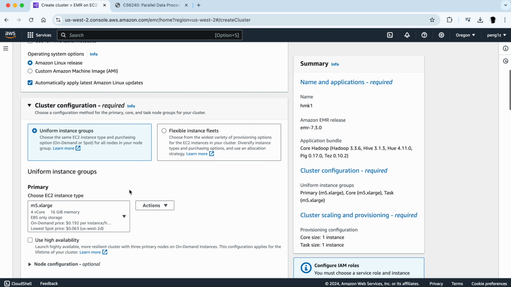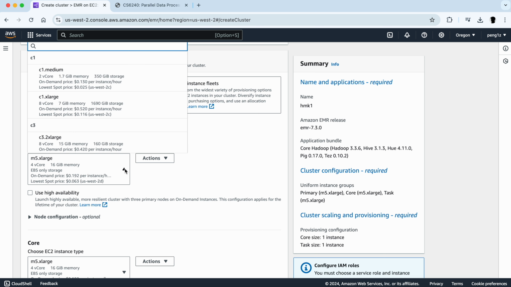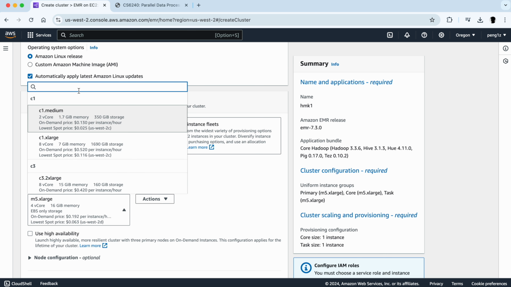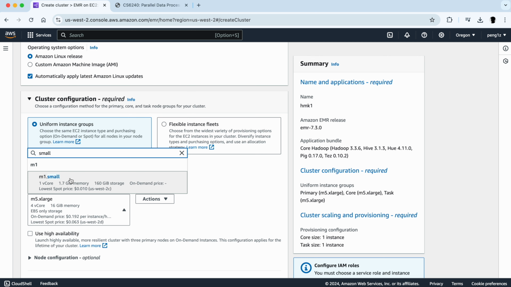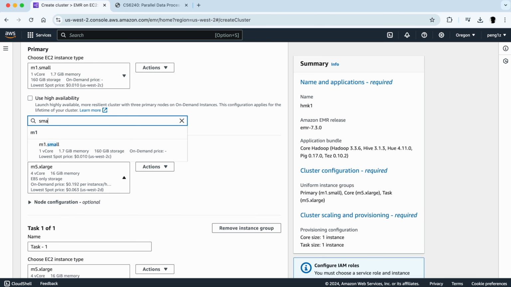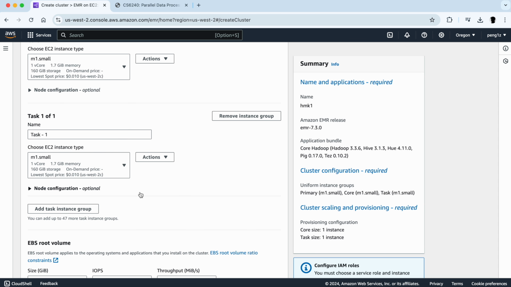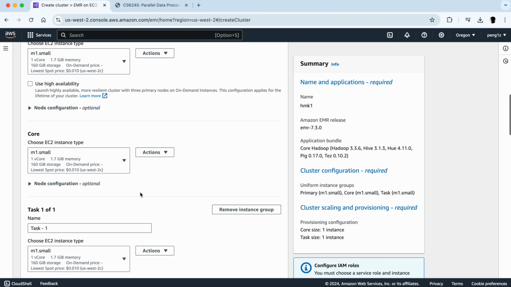And then we keep the cluster configuration to be default, but here we need to change our primary, core and task core to be small. So when you click this arrow, you can search small here, and the only small core in the EMR is m1.small. We need to click it and change this one as well to be m1.small, and this one. So in total, you need to change 3 cores to be small